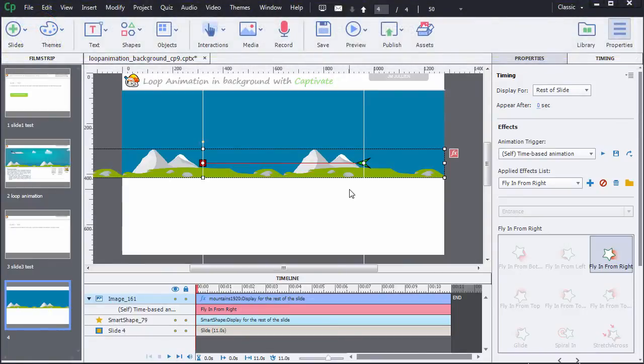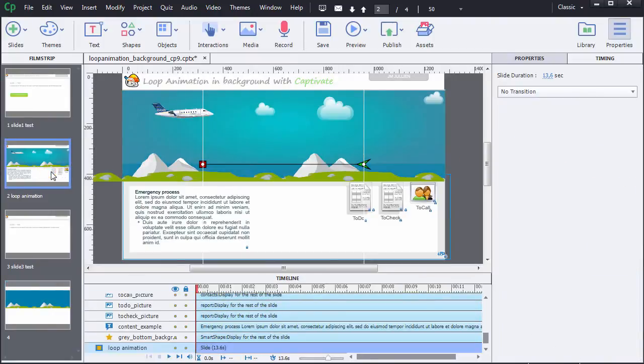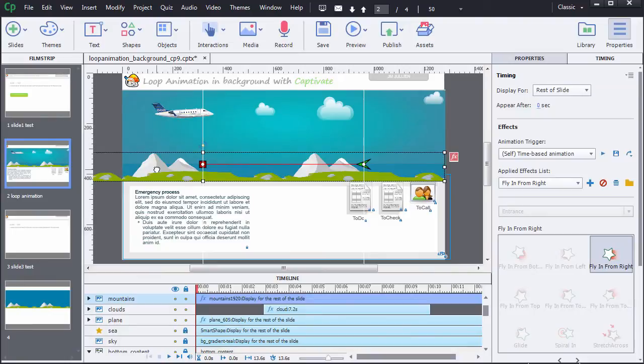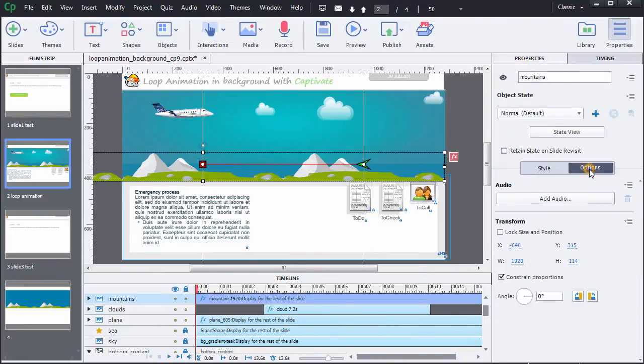To create a loop for our animation, we need to create a script. To show you this, I'm going to use my Slide 2 where the script is already created and where the settings are exactly the same we have just done for the picture, with a space of 640 pixels between end and beginning of the motion path and an X value of minus 640 for its position. In regard to the script enabling this picture to run in loop, this one is put on the exit of the slide.